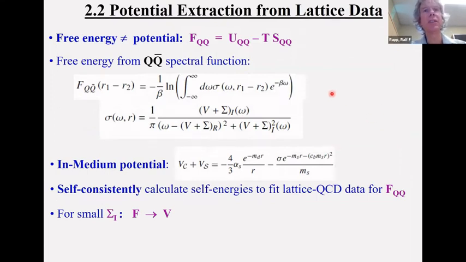Now, I already said it's not the free energy and it's not the internal energy. So what is it? Well, we can actually calculate the free energy in terms of a quarkonium spectral function. And that quarkonium spectral function then has this driving kernel in the scattering equation as its potential. That is, in a way, the definition of the potential in the T-matrix approach. And as you see here, it's resummed, and the potential can have real parts and imaginary parts. And of course, you also have the single particle self energies that enter here.